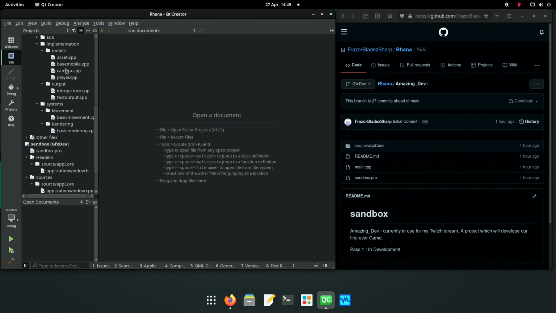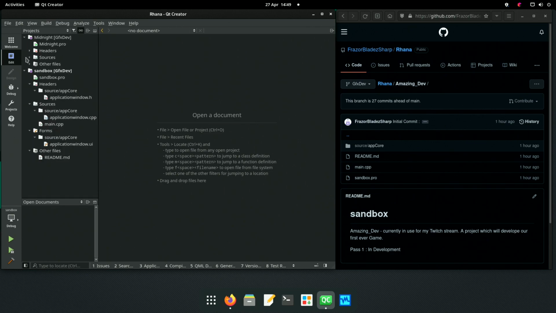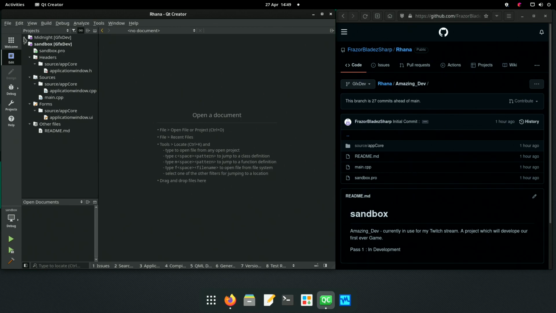Right, so we're golden. There is a problem, which is because we haven't made certain decisions about how to deal with things. And we've also made a problem for ourselves by heading these core ECS, instead of calling it Midnight Core, Midnight ECS, Midnight Implementation, Midnight Output, Midnight Systems, which we should have done. We missed something there. That needs to be fixed at some point. But we're not allowed to touch it, so we've got what we've got.